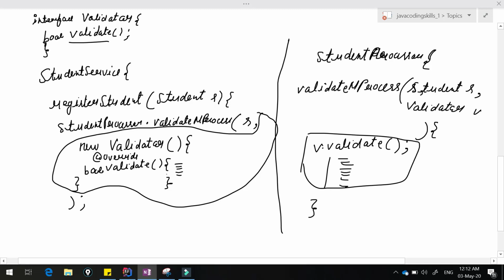If you don't want to write this anonymous class like this, you can create one class here, MyValidator. Inside my validator class, you can implement this Validator interface, and of course we have to override this validate.